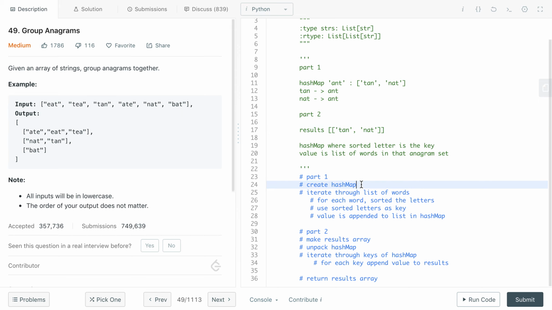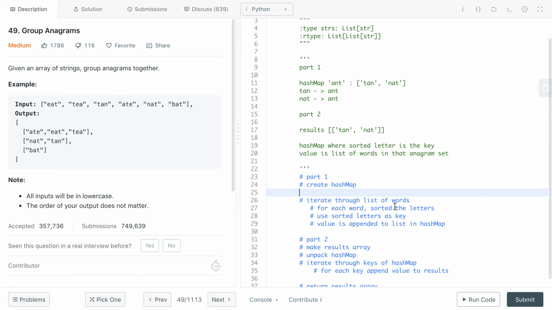All right, so first thing is we make a hash map, and one thing that's pretty nice is to use defaultdict. This way, for the first time a key is created, let's say the first time we see tan, first time we see an anagram that begins in the set ant, because that's what the anagram set will be once you sort, that's the key. We want to append, and it will error if no list is initialized, but defaultdict will have that initialized. So first thing is hash map equals defaultdict